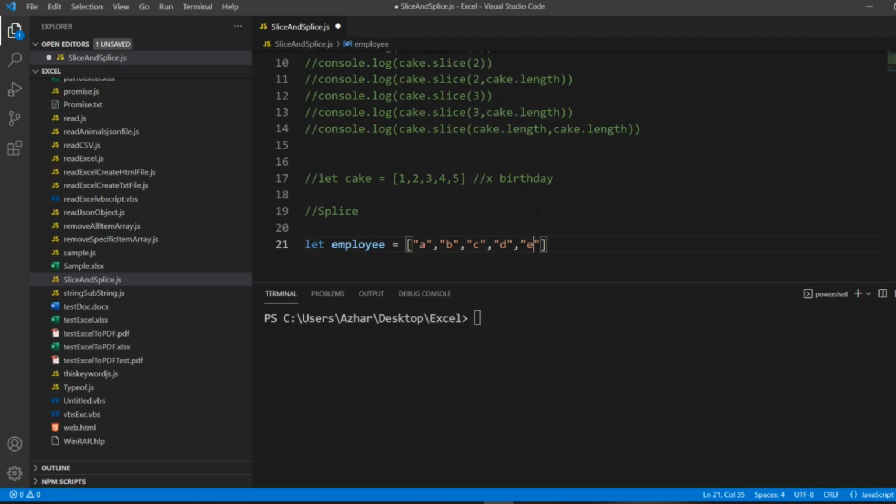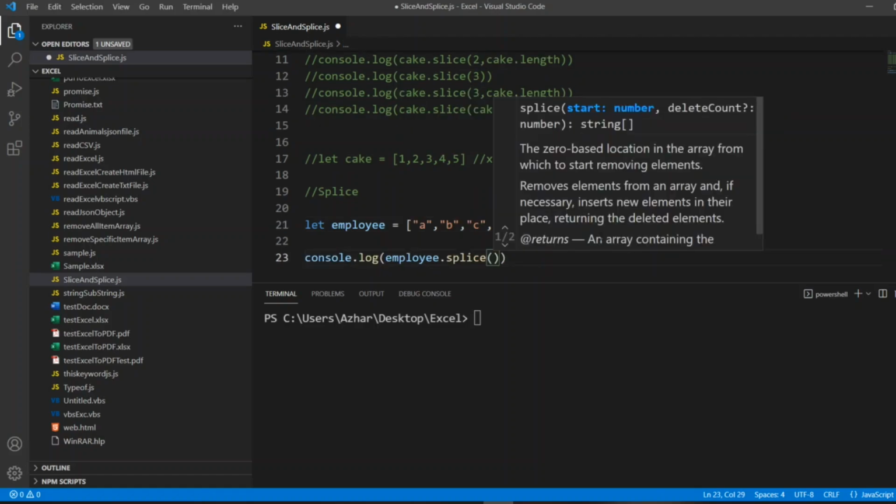So I'll write console.log employee.splice. So start number I'll write 0, 2, 2.